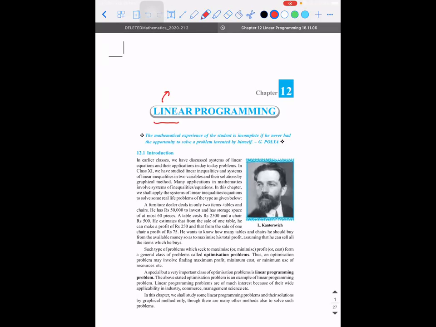Linear inequalities. Yes. We would have learned linear inequalities in 11th standard, right? We would have discussed it. So this chapter, linear programming, is an application of it. Why it is called linear programming, we'll see throughout the process. In this, for the given linear inequalities, we will approach solving them graphically.